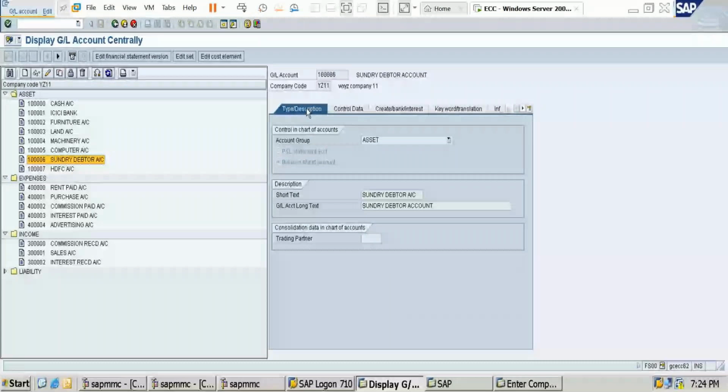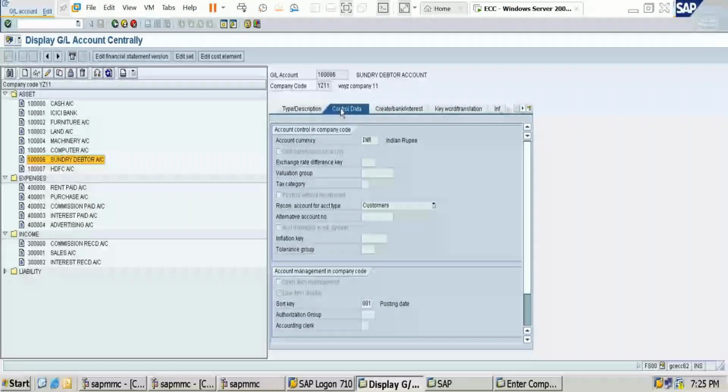Assets, master data account. Okay, control data. There is a mistake in control data. What I'm saying, click on this. Click on that. Customer. Okay. Indian rupees. What is displaying there? INR is displaying. Yes, ma'am.